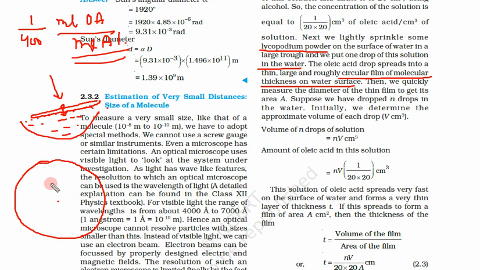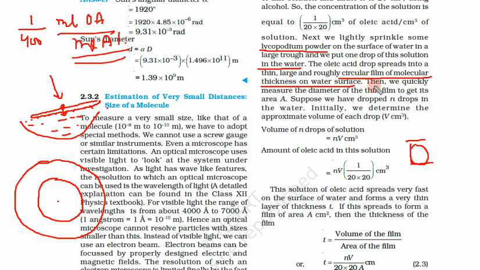So slowly this 1 drop of oleic acid starts spreading into a circular disc. When it stops spreading, not starts but stops spreading, we have this circle kind of structure. Since it has stopped spreading, we know that it is only 1 molecule thick, because below 1 molecule you cannot divide. Suppose this is 1 molecule, below 1 molecule you cannot divide. So we know that this is now 1 molecular thick.